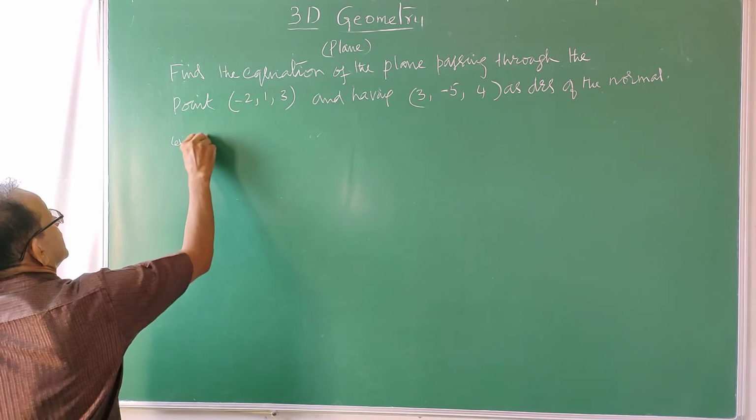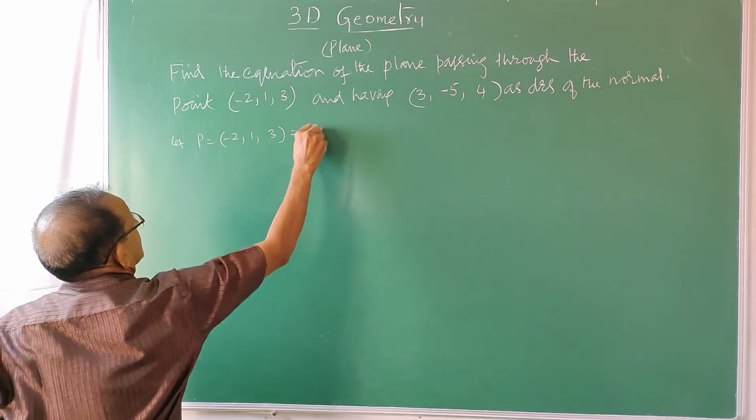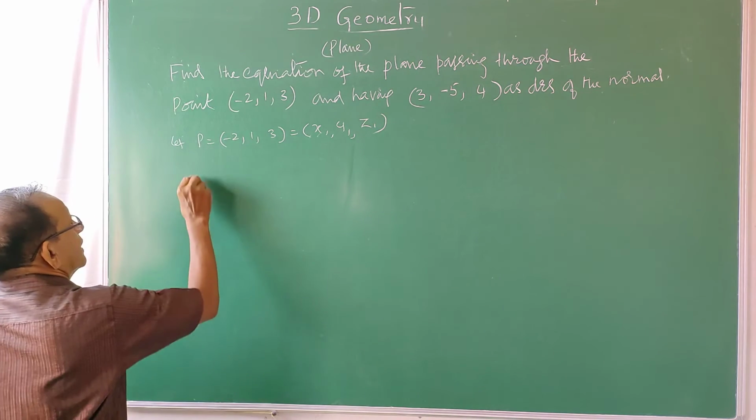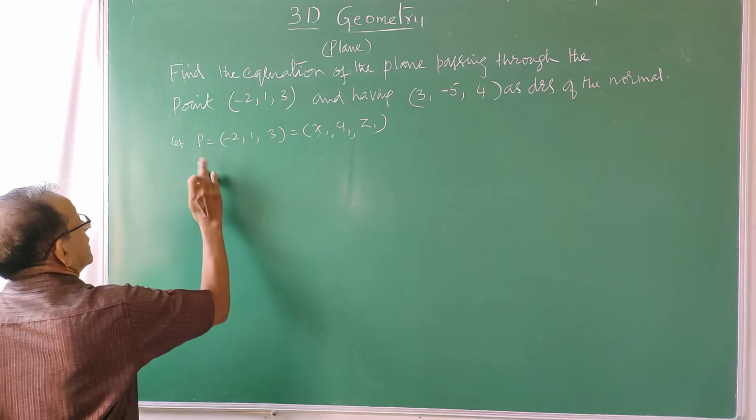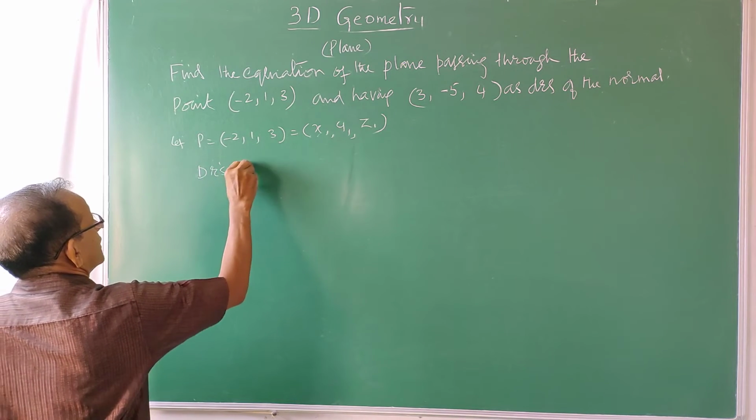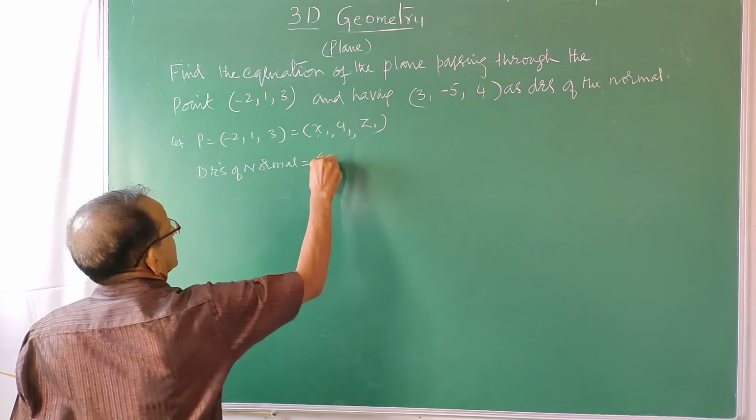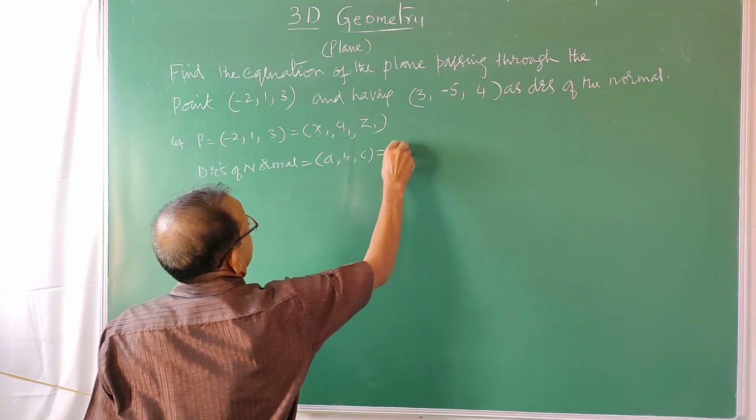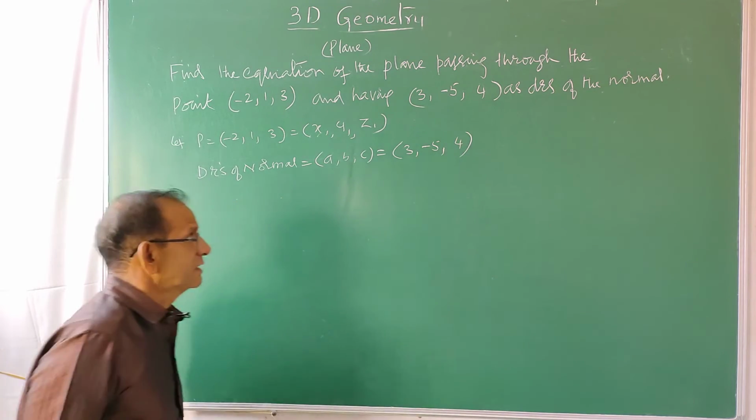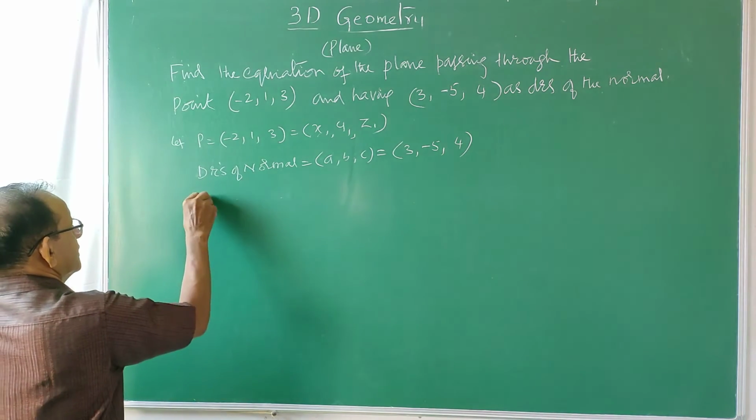Let P be the point (-2, 1, 3), that is x1, y1, z1, and the DRs of the normal are a, b, c. They are given as 3, -5, 4. They are the direction ratios of the normal to the plane. Now the equation of the plane